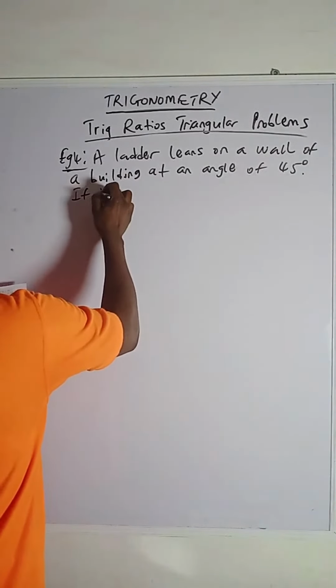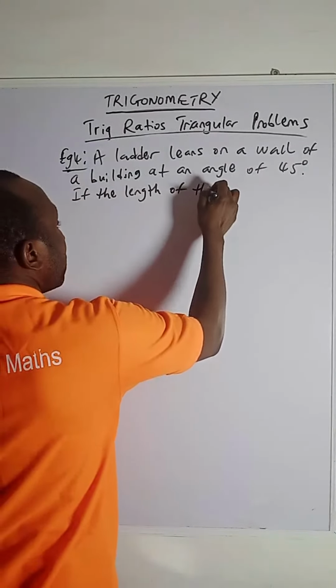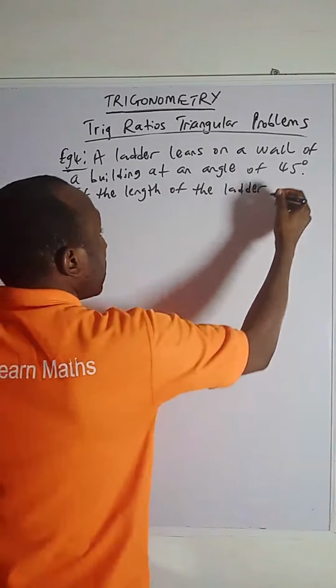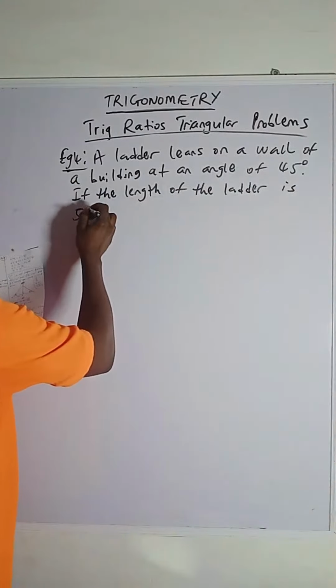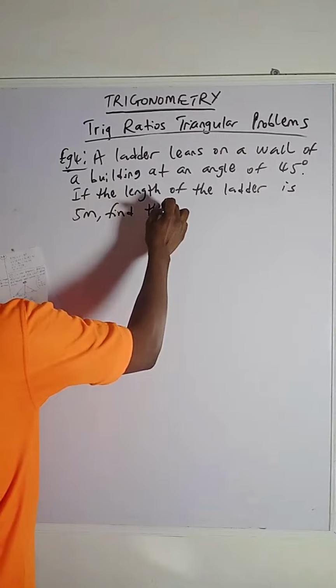If the length of the ladder is 5 meters, find the height